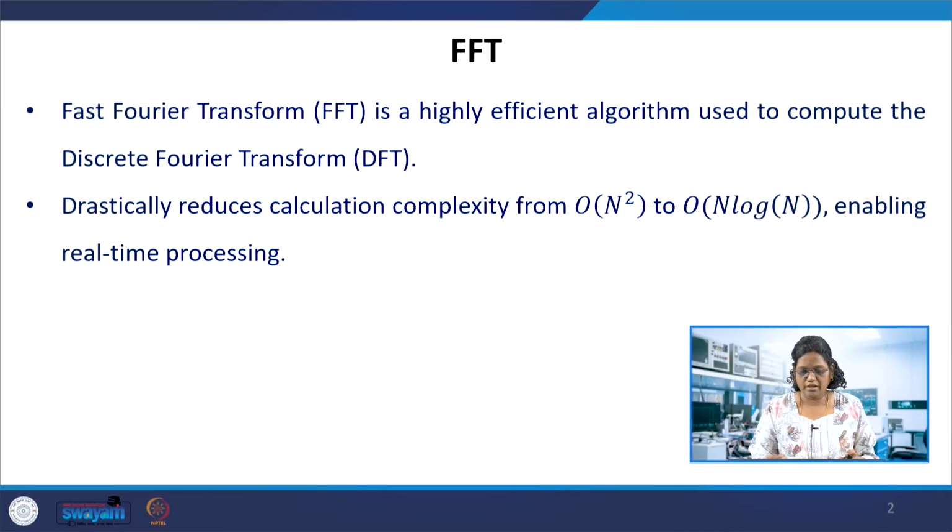Basically, the order is n squared in the DFT computation, where n is the number of samples we consider for the DFT. Here the order is reduced to n log n. The log n is based on the radix, which is used in real-time processing. So the complexity is greatly reduced, and here we follow the divide and conquer algorithm, in which we take the x of n samples